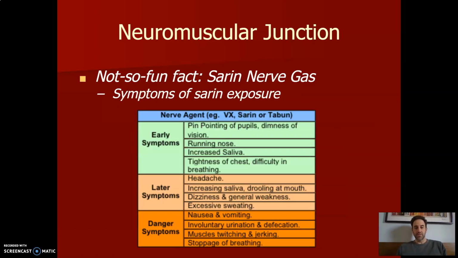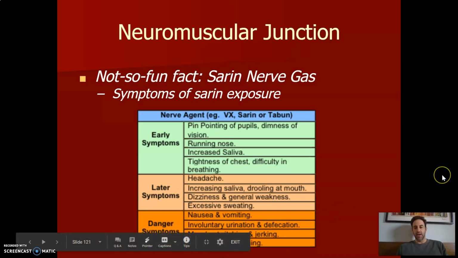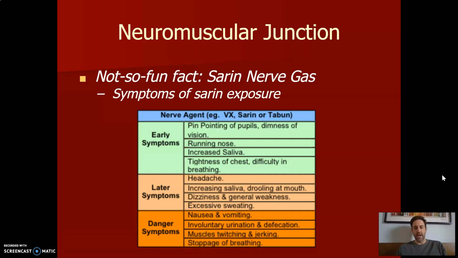And so someone who's exposed to this is going to have uncontrollable muscle spasms as they jerk and shake their whole body. But then it gets even worse because remember, your muscles are involved in breathing. You have this diaphragm below your lungs. That muscle goes into spasms. Your entire digestive system is smooth muscle. That goes into spasms. And so you can get involuntary urination, defecation,